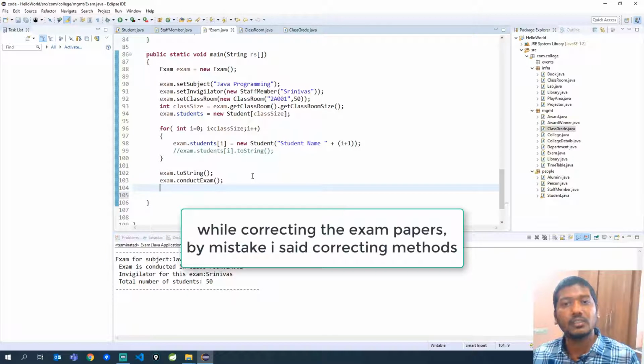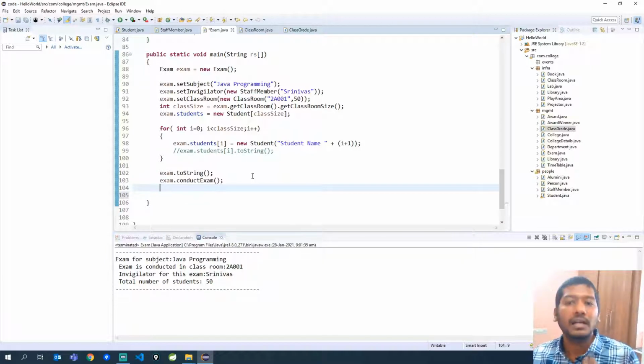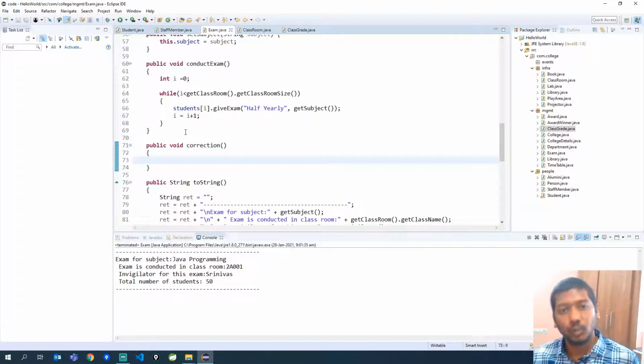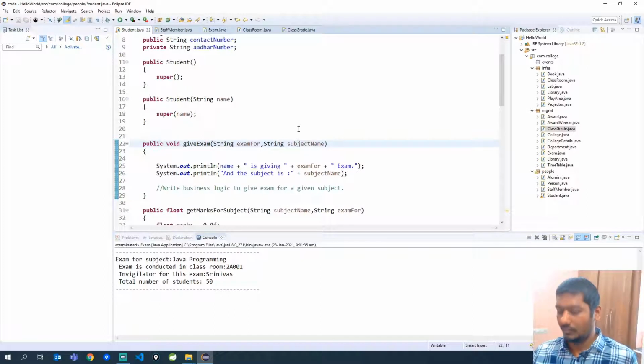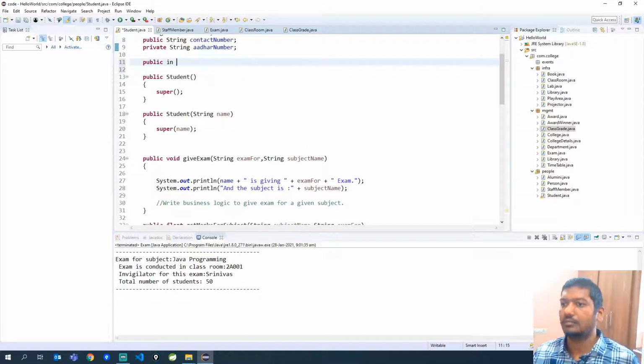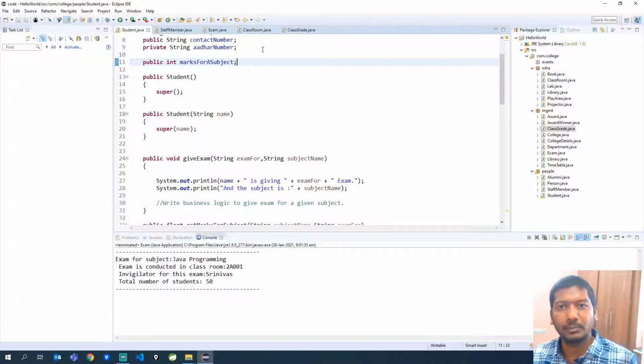And while correcting the papers of each and every individual student, we will also assign some random number of marks that they got in that subject. So here again we have to loop through each and every student, correct the paper and give some random marks. So for now each student should also hold the number of marks the student has got. So we will add a data member in student so that it can hold the number of marks. In real time this may not be the case, it will be something different, but for the sake of explanation I am giving it here. I am putting it as public so that I can directly access it. I don't want to spend time on generating the getters and setters.